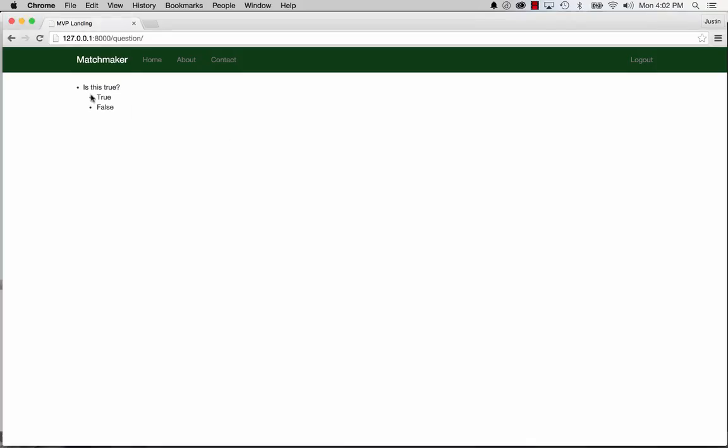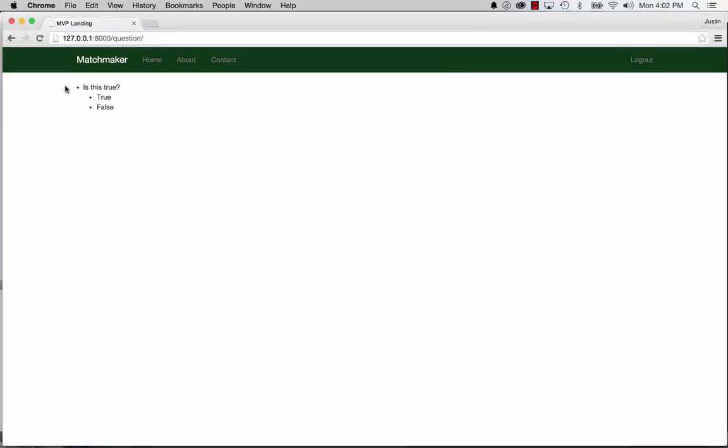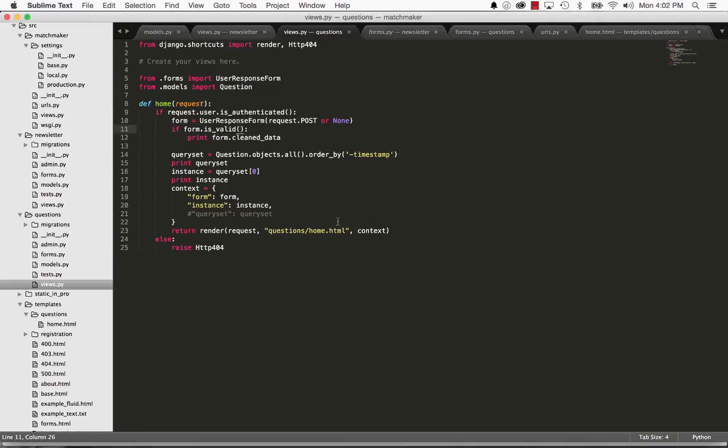There we go. And the reason it's saying this is because the data hasn't been validated, so it hasn't actually pulled data yet, where before I just didn't run the isValid command. Okay, so is this true or false? Cool. So what's happening here is we actually want to add our data in to this user response form based